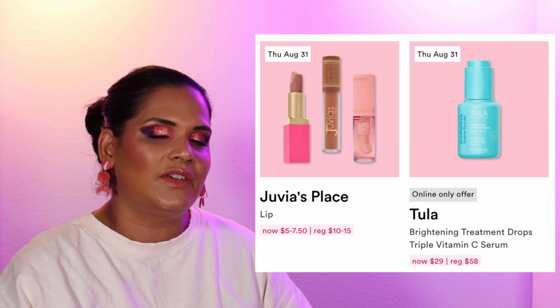This Tula Brightening Treatment Vitamin C I actually have on my Ulta list because I tried a sample size and I really liked it, and I want to incorporate vitamin C into my skincare routine, so I could see myself picking that up. So the 31st is a really good day for the 21 days, and then on the 1st